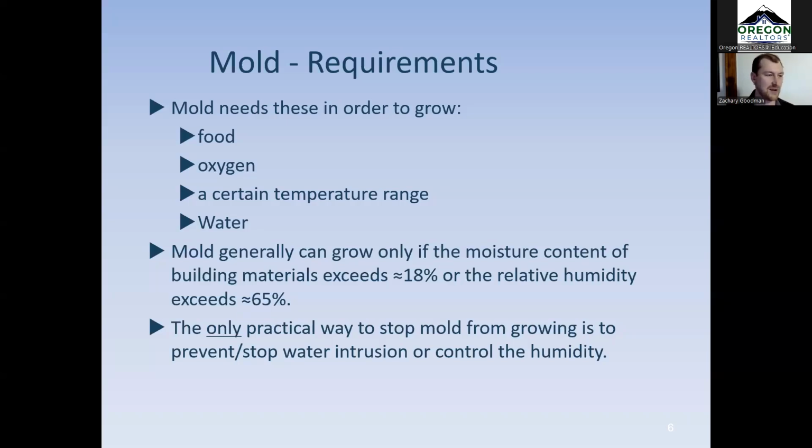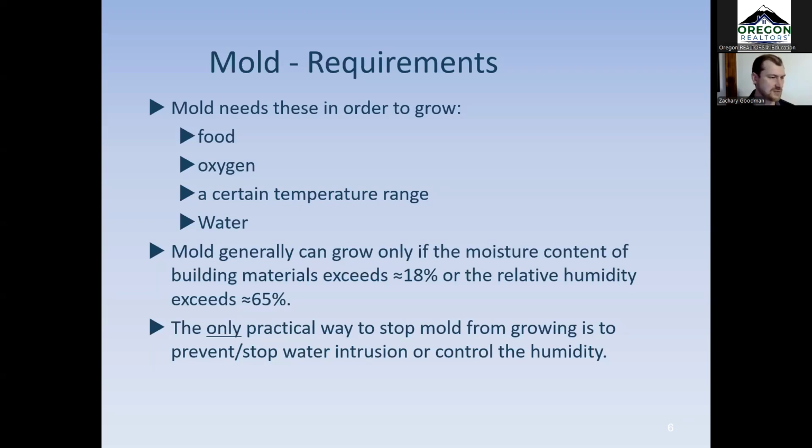And that ideal temperature range is usually between about 65 and 85 degrees Fahrenheit. So indoor airspace is ideal for that. Attic space, unless it's the middle of the summer, generally ideal for that. Now, water is really one of the big keys as well. When we're talking about water, we're not necessarily meaning just water in terms of a spill or accumulation, but water actually in the air. And this is why, in part, we look at relative humidity.